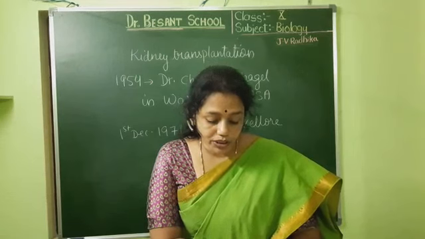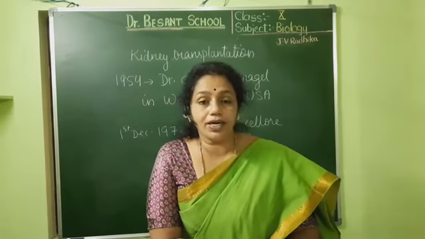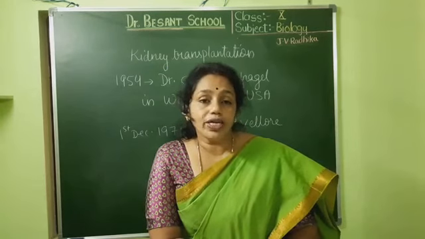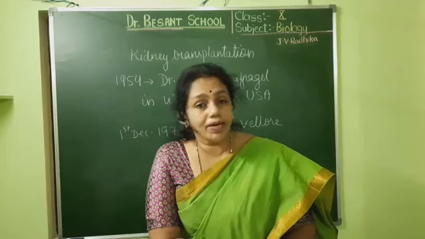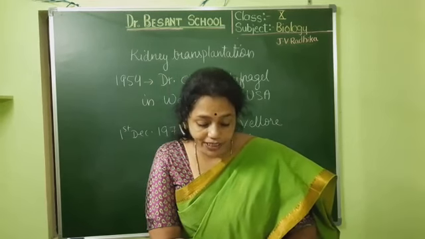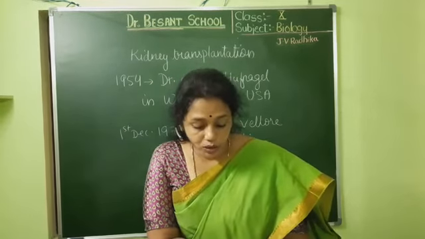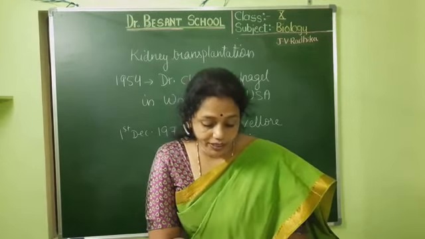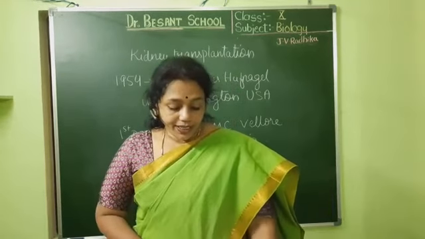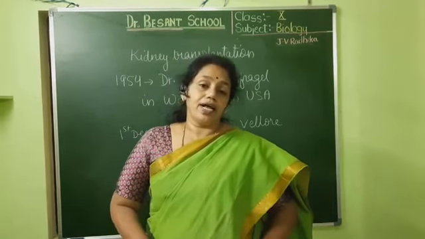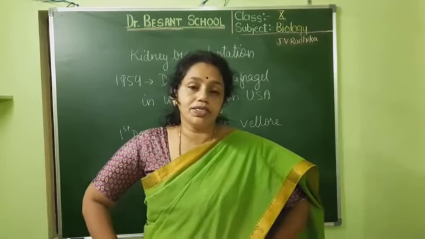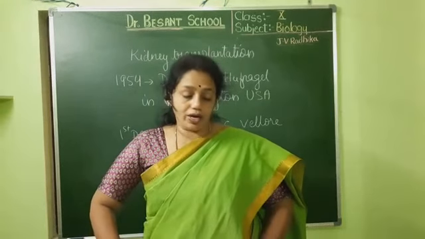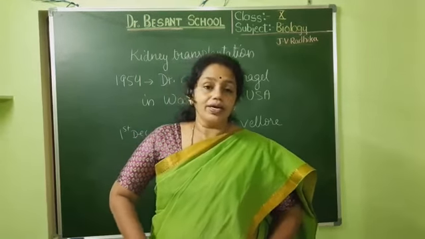See, in the first picture you see that there are 2 kidneys. In the second one you see that the new kidney is not replacing the old kidneys. The old kidneys remain in the same place, but the new one is placed much lower, near the urinary bladder. Like this the kidney is transplanted from a healthy person to a person who is suffering from ESRD, and the patient may live a long life. So this is all about kidney transplantation.